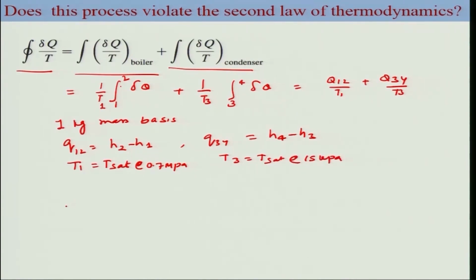So thus you can simply plug this information and calculate your value based on the steam table. It turns out that for 1 kg mass of the steam, this value is minus 1.087 kilojoules per kg Kelvin, and considering it is negative, this satisfies the inequality of Clausius. That means this particular process does not violate the second law of thermodynamics. So this is a very valuable tool to analyze the validity of a certain process or the feasibility of a certain process,